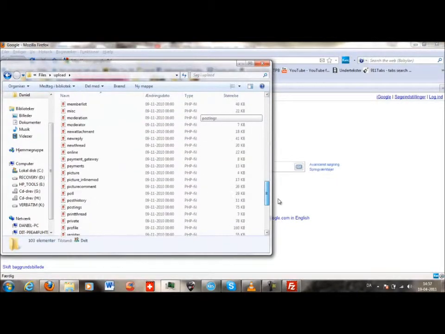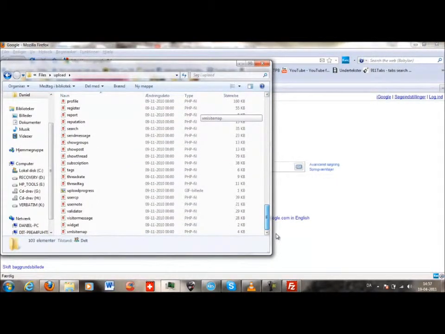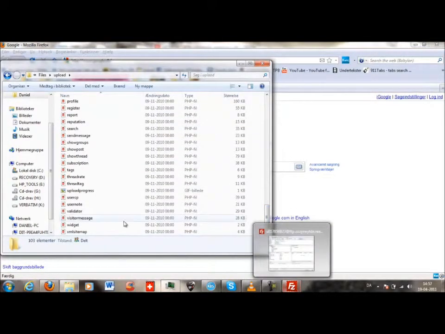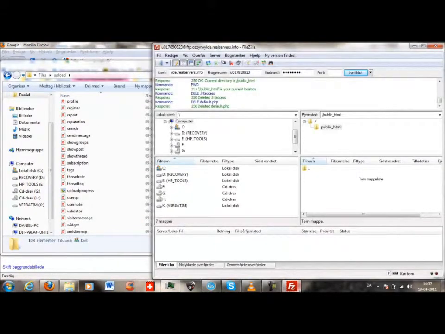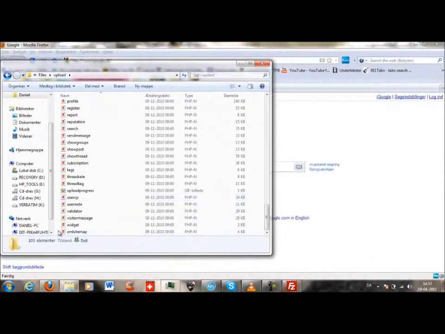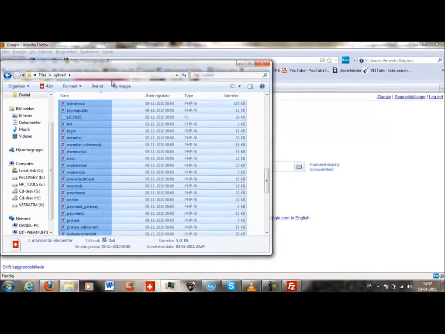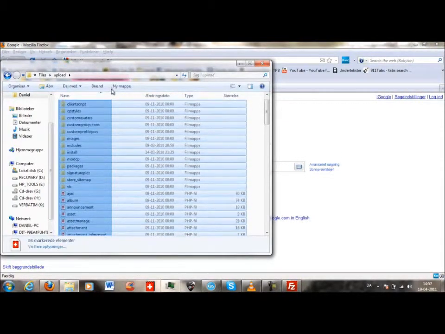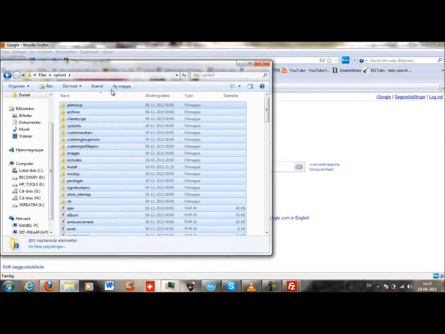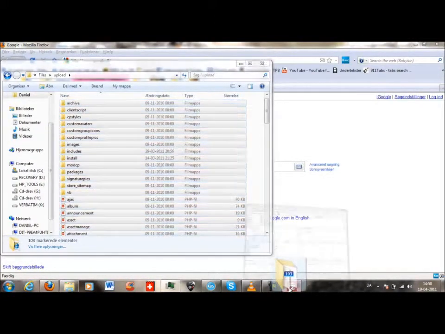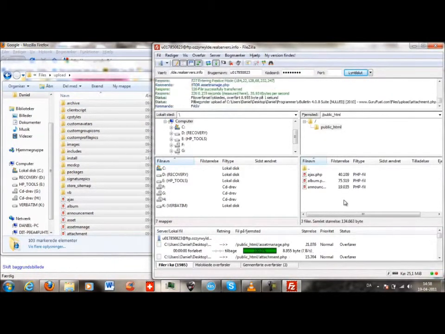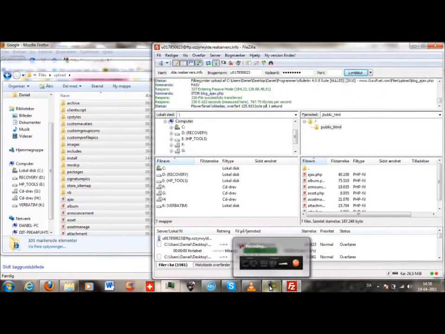I got all this, and I shall copy all the stuff into the public.html folder. And it will take about an hour, and I will be back.